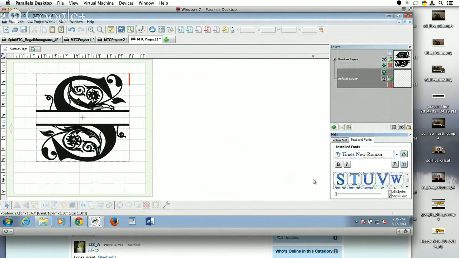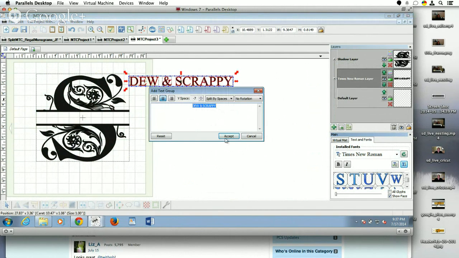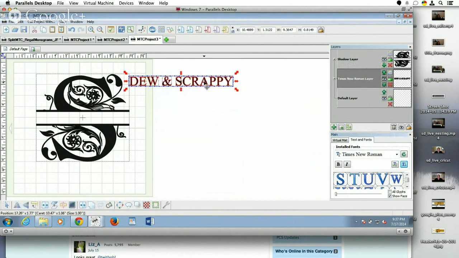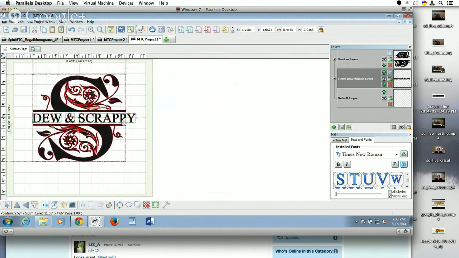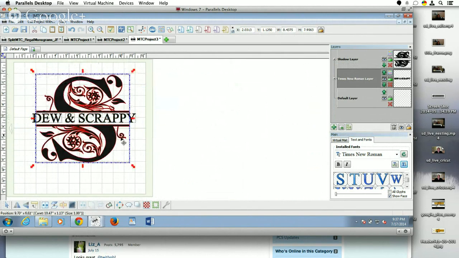Times Roman, and then you can just add the text that you want, which is right here. I added "Scrappy." And you can just stick it in the center. So that's basically how you can create those little slits for the letters. So that's about it for that tutorial on how you can create these cool little